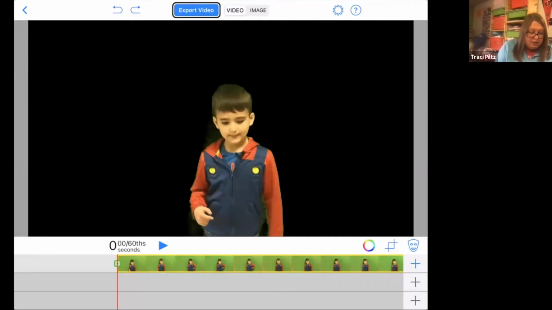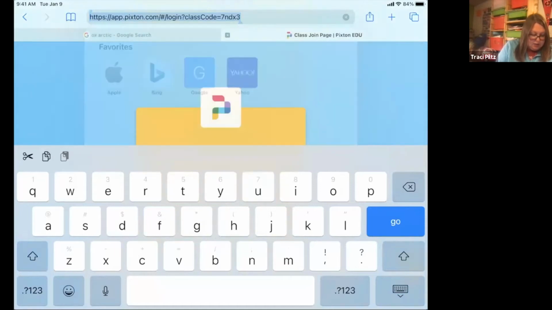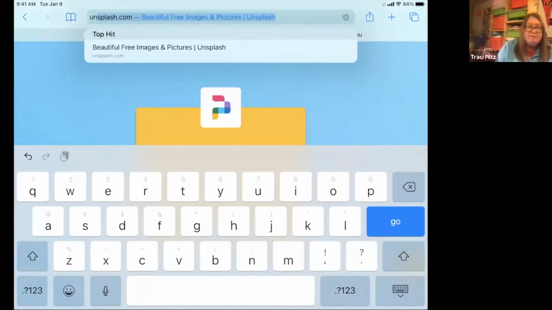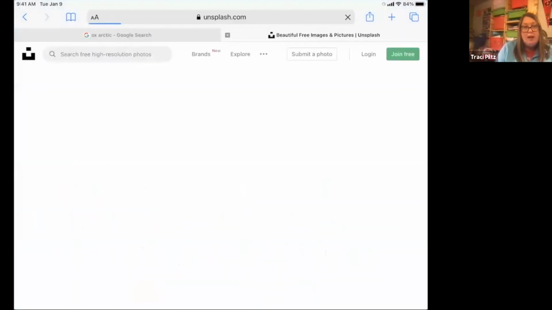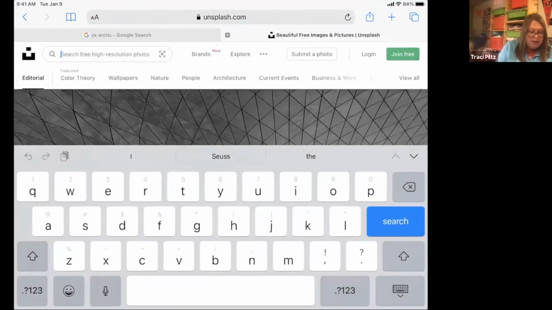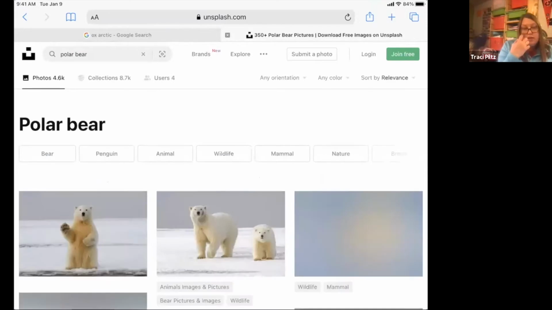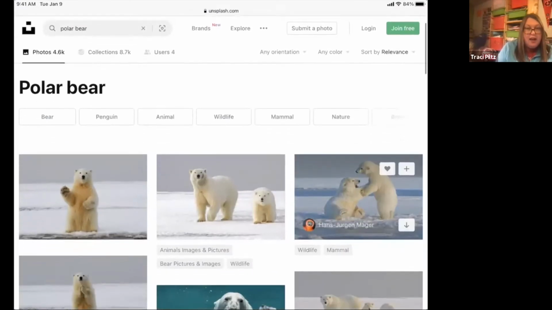So what I do is my favorite site that I like to use is called Unsplash. So I usually just open up Unsplash on my iPad, and then I look for whatever image it is. So they were talking about polar animals. So let's just say his was a polar bear. I'll do a search here at Unsplash. Again, it's